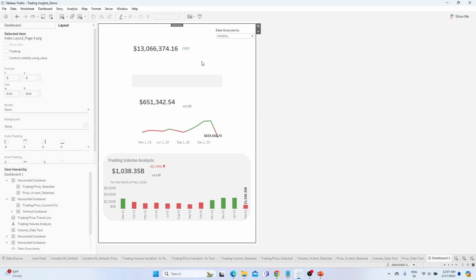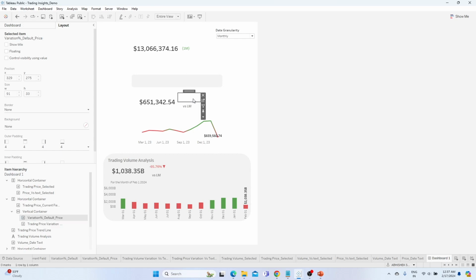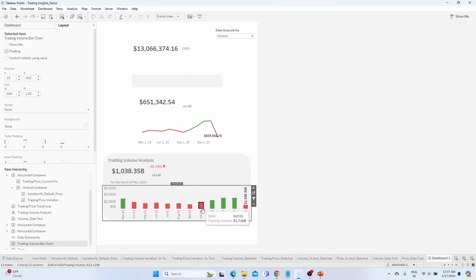Okay, now we have to implement the same thing. This is gone. Okay, again this is applied to the